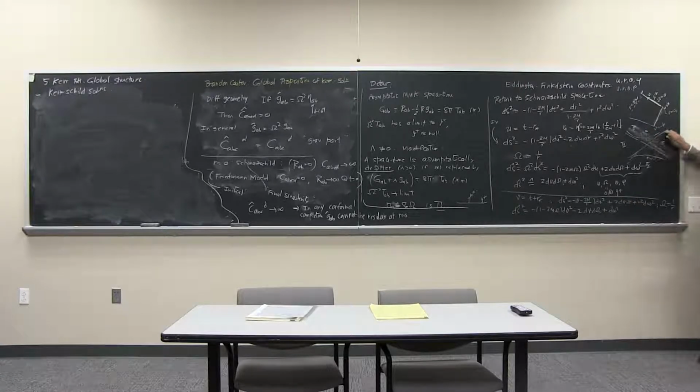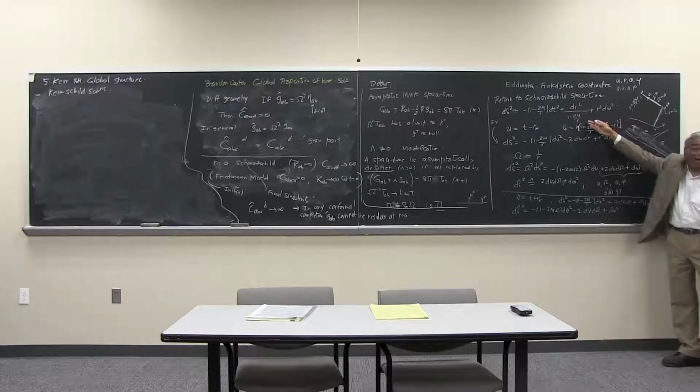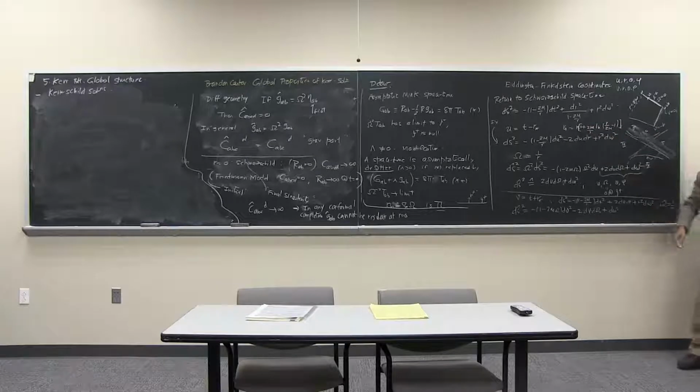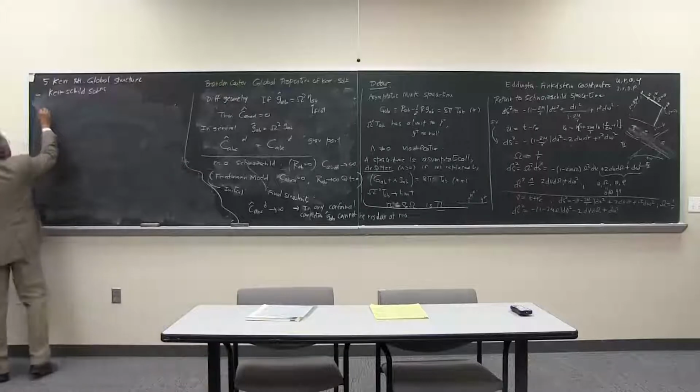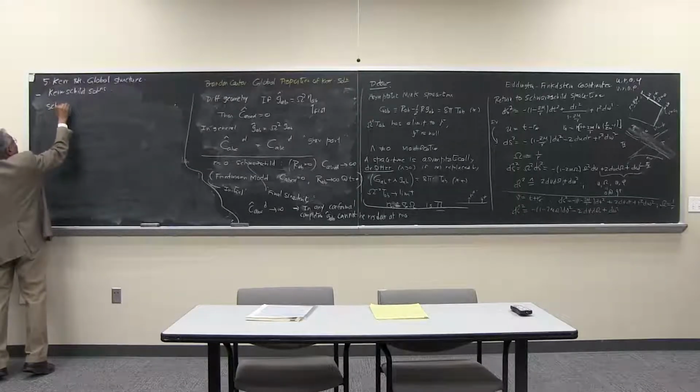So we see that r equal to 2m is a spurious singularity for the Schwarzschild coordinates that we've seen already. But we see that in this case also, r equal to 2m is good. There's nothing wrong. Therefore, we can start with this particular form of the metric. So we begin with Schwarzschild and we write it. First, we begin with an observation.